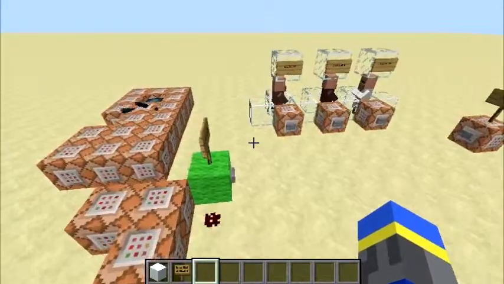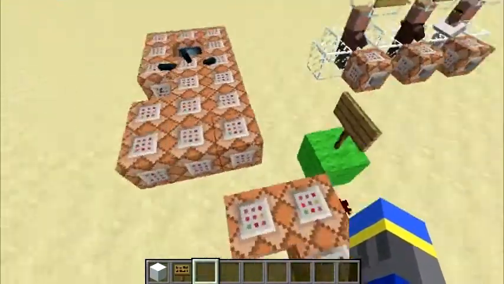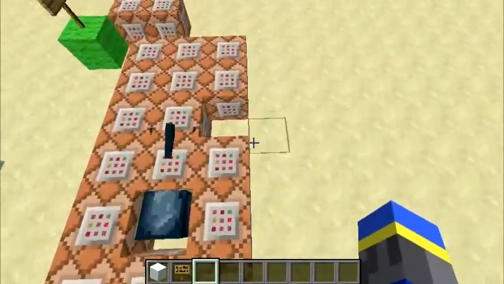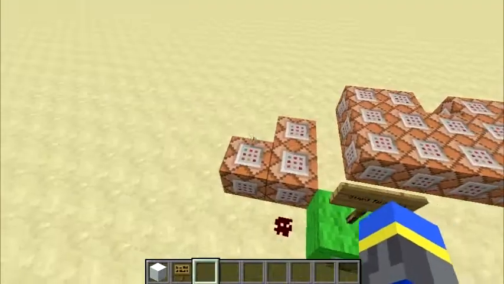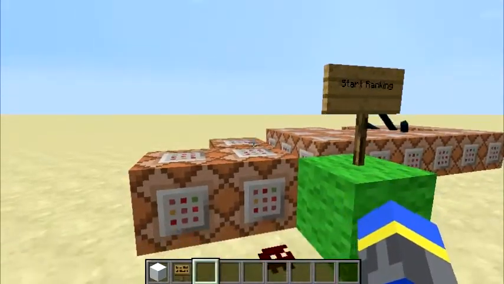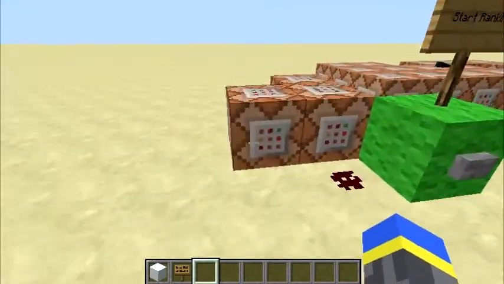Okay. So I will provide a world download in the description. I was thinking of doing an MCEdit schematic so someone could import this into their world, just have it work, and then all you would need to do for that is just assign a few things. Sorry about that. So if you want to use this in your own world, all you have to do is